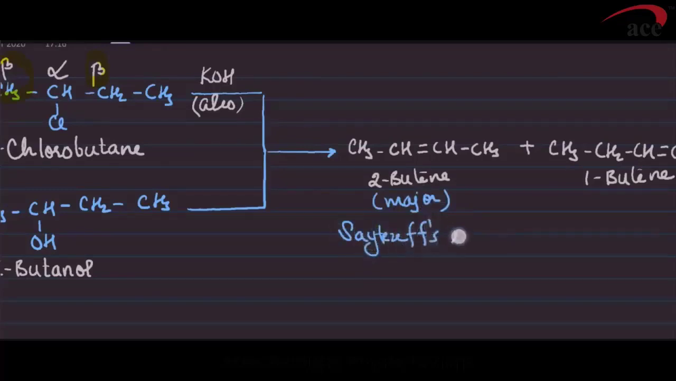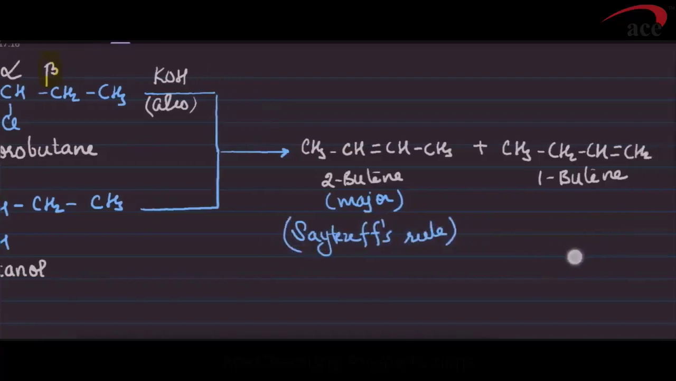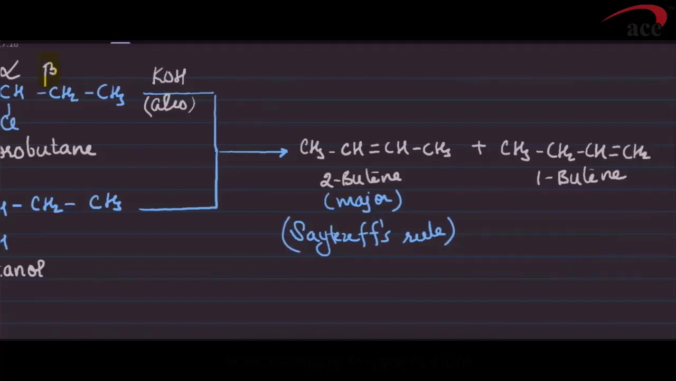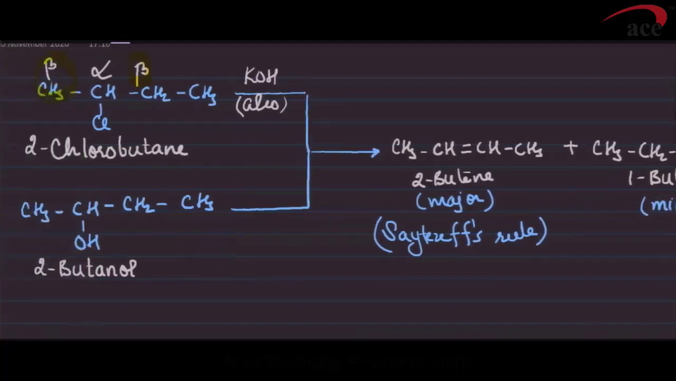This is Saytzeff's rule, on the contrary to Hofmann's elimination rule, where 1-butene is obtained as the major product. So Hofmann's elimination rule is against Saytzeff's elimination rule. Here 1-butene is a minor product, whereas in Hofmann's elimination rule 1-butene is the major product. Similarly, if you take